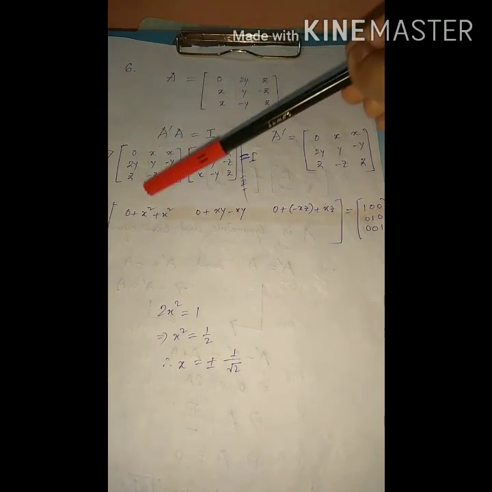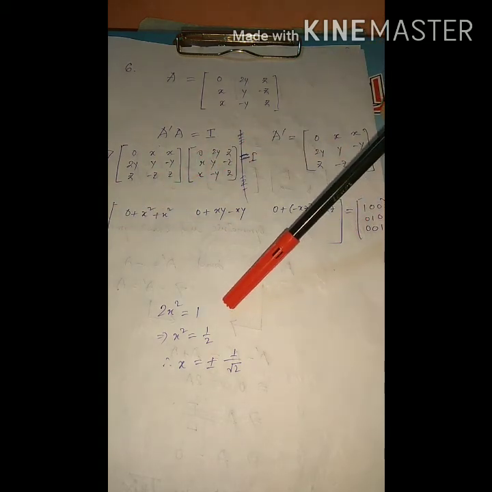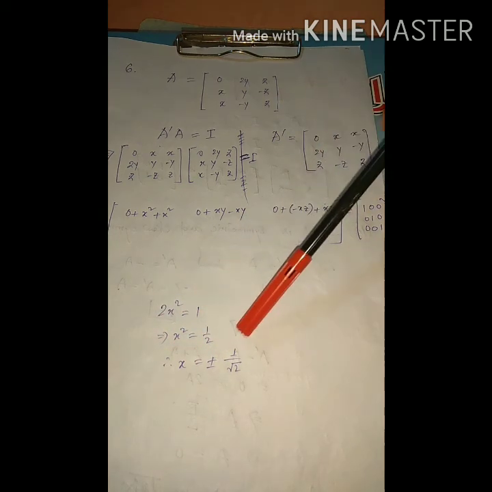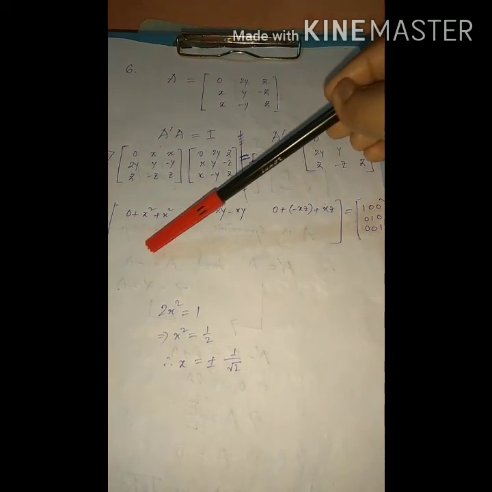And after that you see here the first row, first column element is this one. So this element we can compare with the first row, first column element of this matrix. This first row first column element is equal to 1, so we compare here, and from here we get the value of x. Similarly, you can compare other results and find out the value of y and z from here. Is it clear? Very simple question, easily you can solve this one. Okay,